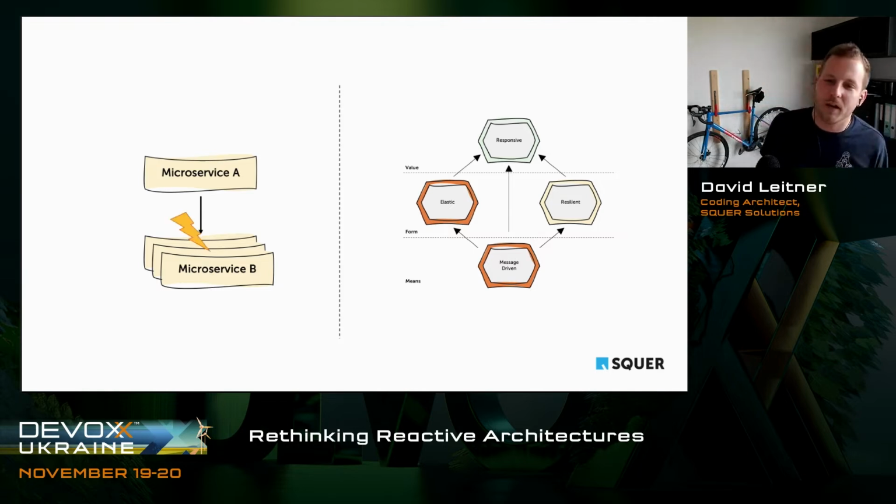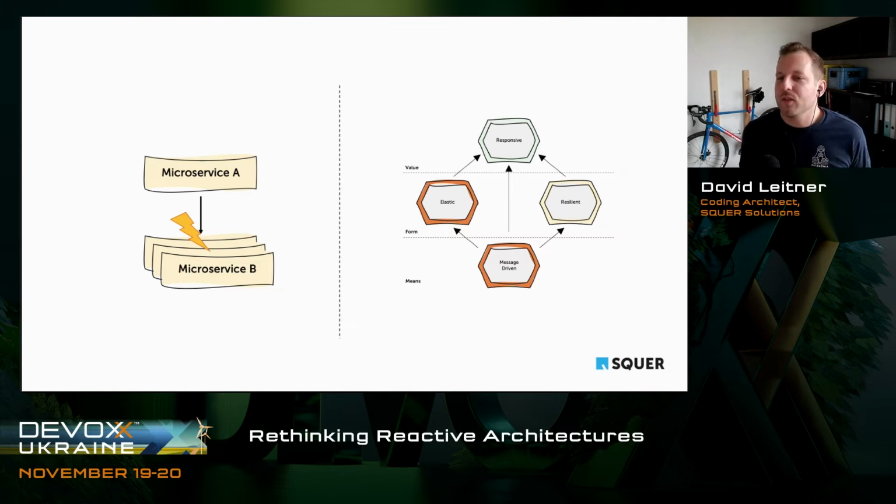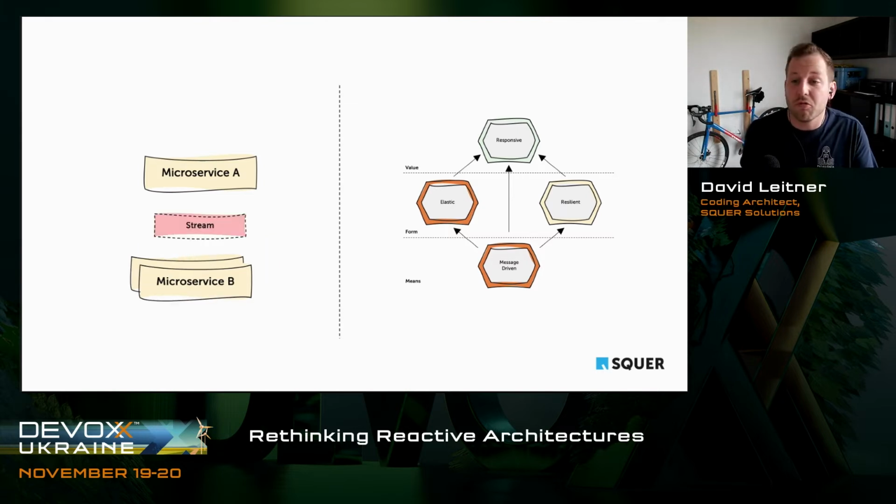And of course, you can work with load balancers, you can work with reverse proxies, all this stuff. But it could be solved easily by just putting a stream, a queue, whatever it is, at this point not really important, in between. When microservice A is getting a request, it's not forwarding it directly to one of microservice B's, but it's just sending an event to a stream, right? And whoever is interested in the stream, and this can be 1 or 20 instances, just subscribes to the stream. And they just take it. The first one who takes it basically owns it and starts to work on it. So we can out of the box horizontally scale when we follow this idea of being message driven.